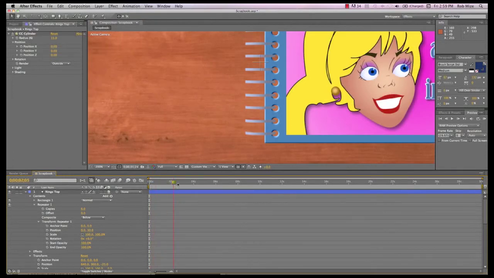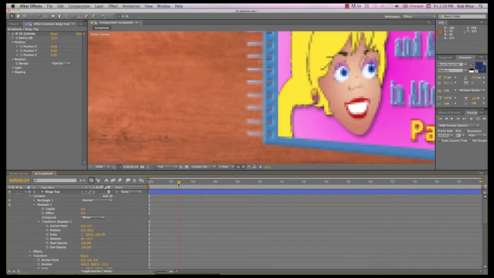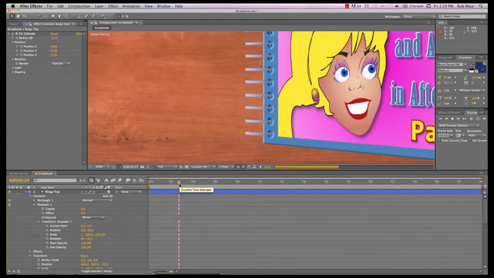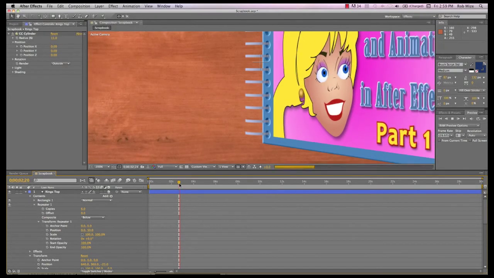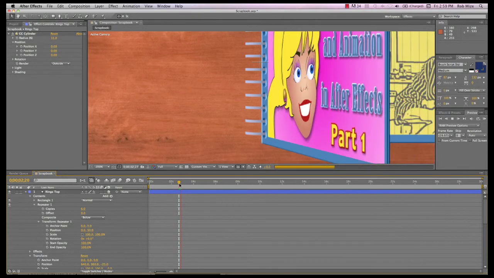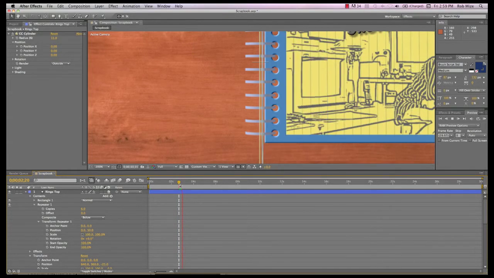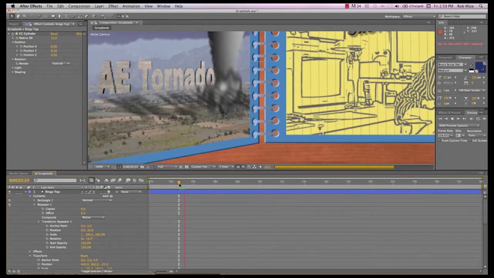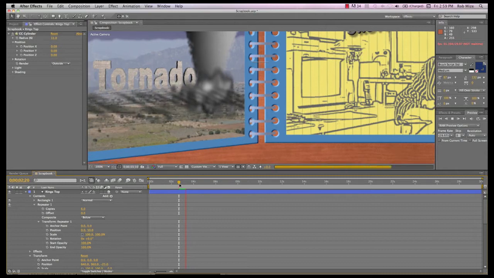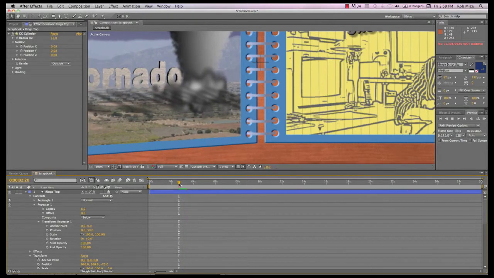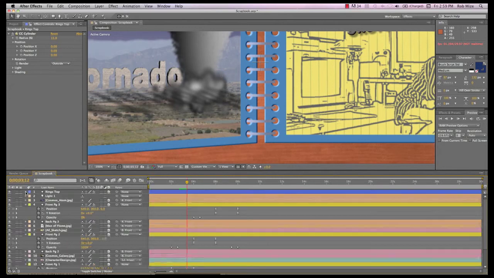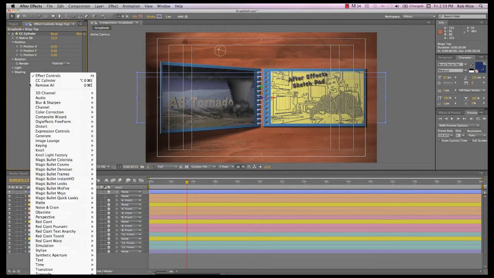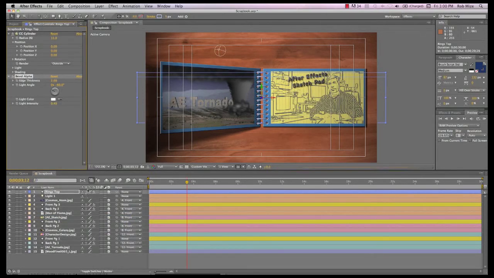And you can see as our page turns that its position is relative to that of the rings. And it obscures and is obscured by the rings as you would expect it to be. So it looks like the holes in the page are actually turning across the rings of the notebook. And I'm going to come up here to rings and add, of course, the bevel alpha effect. I think it does just kind of give it a shape and a shine to it.